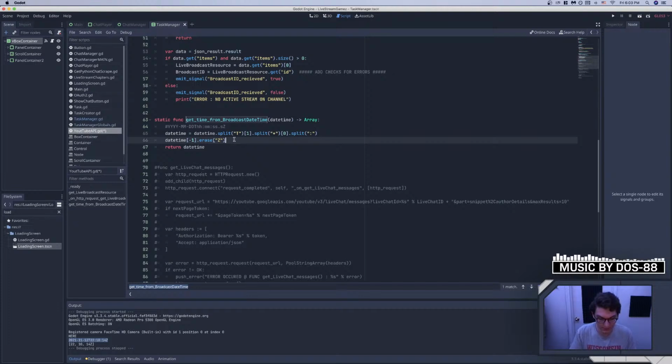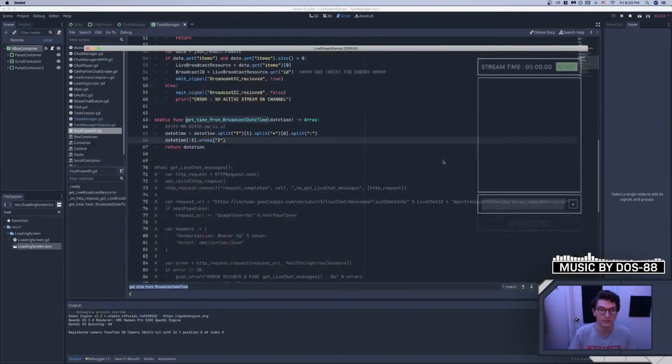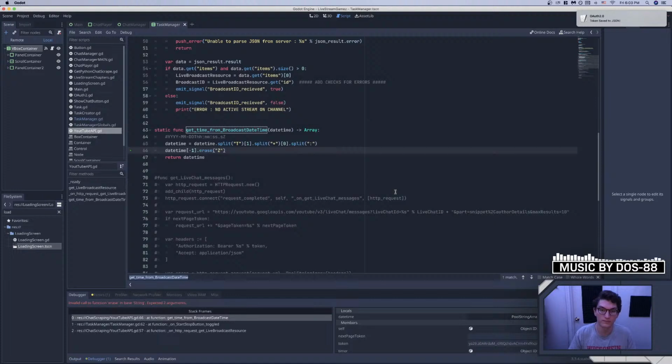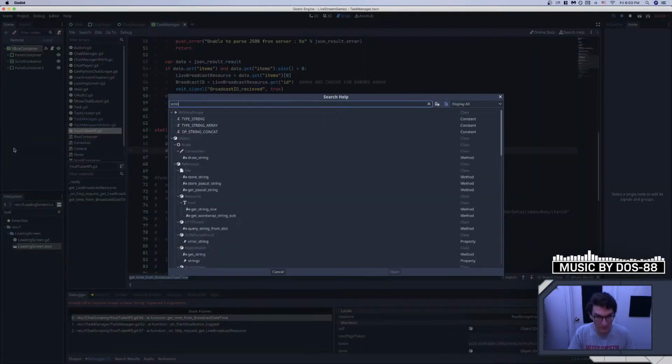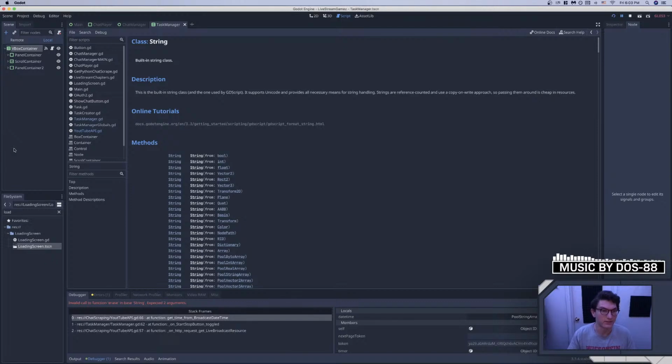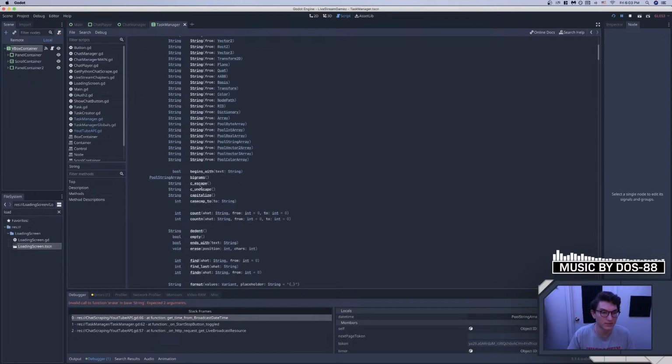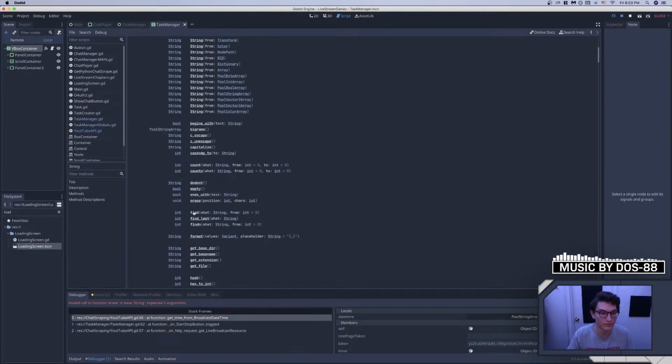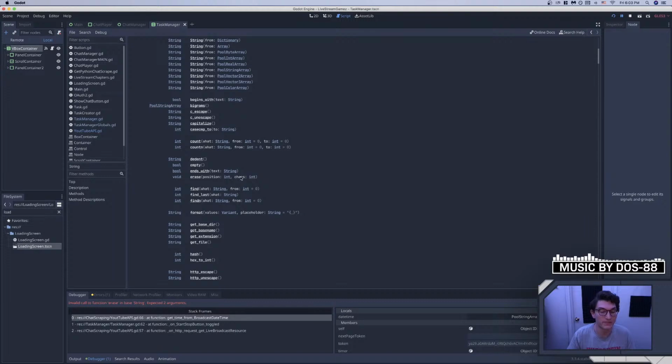Okay, and let's just see if that fixes all our problems. Maybe it will. Expected 2 arguments. Okay, maybe I just don't understand what is going on here. Let's do this. Get the string class here. And where is the erase function or remove? Erase. Oh, position. No, we want to do,